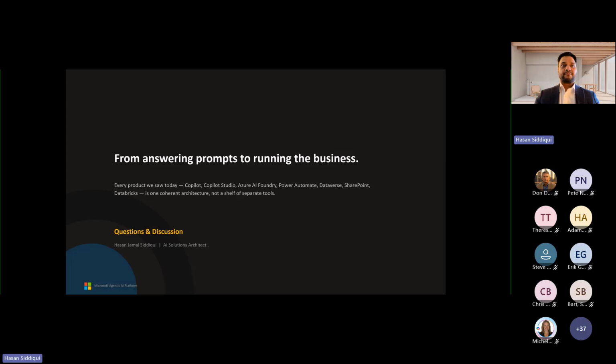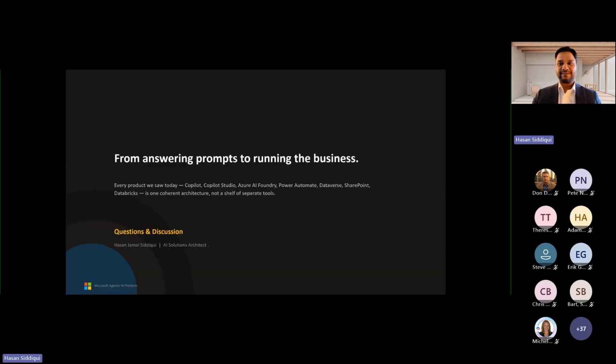From answering prompts to running the business, every product we saw today, Copilot, Copilot Studio, Azure AI Foundry, Power Automate, Dataverse, SharePoint, and data with Azure Database is one coherent architecture, not separate tools. So, okay, that was my